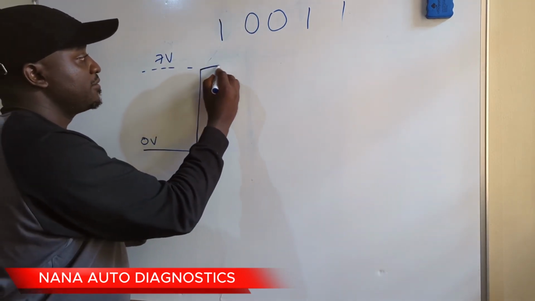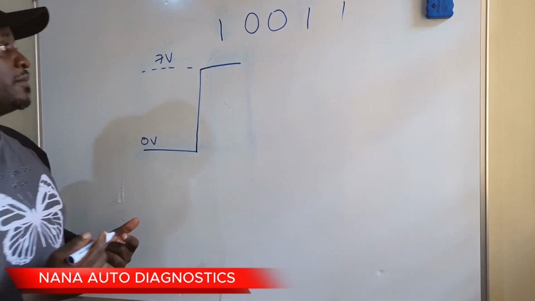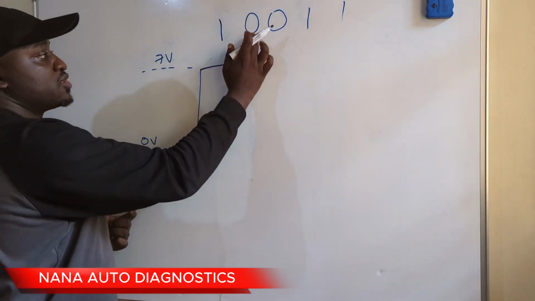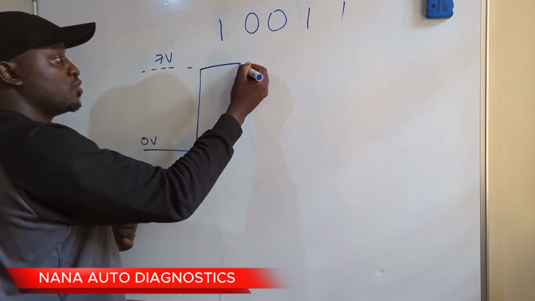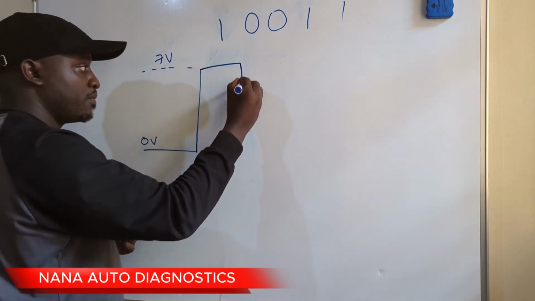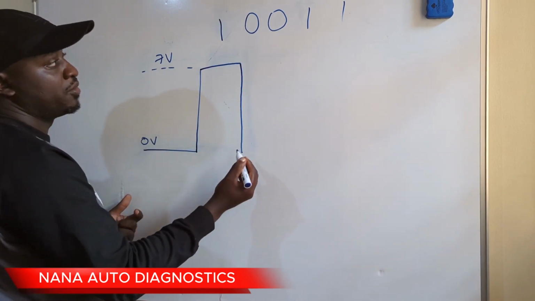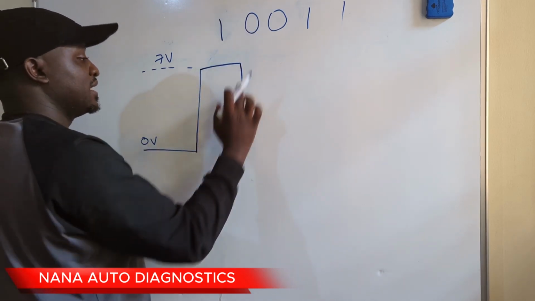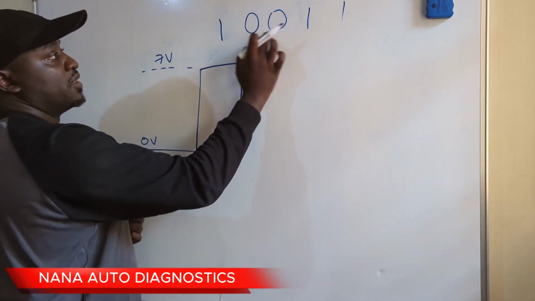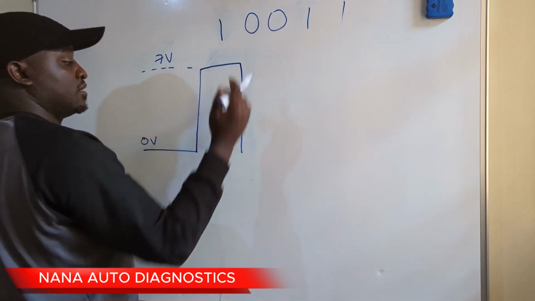So it will stay active for that duration of time, and when it transmits a 0, the voltage is going to drop to 0 and stay at 0 volts for this time frame,